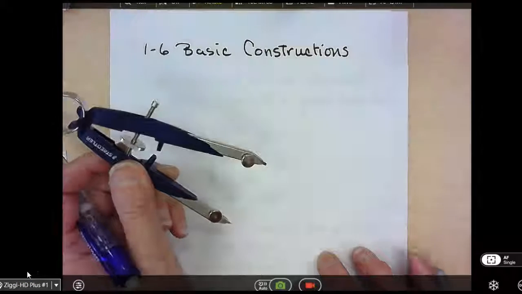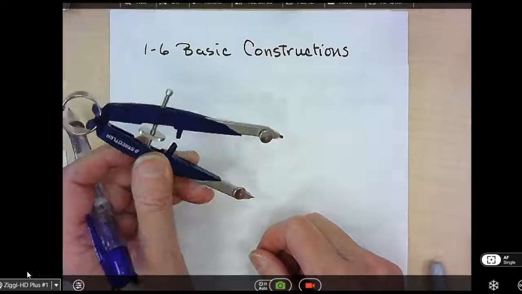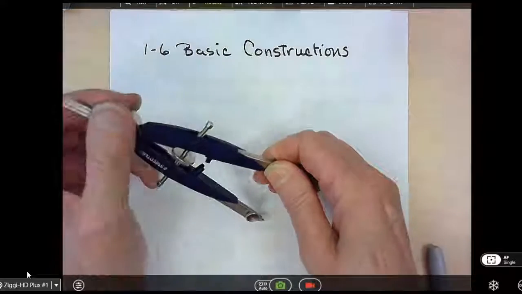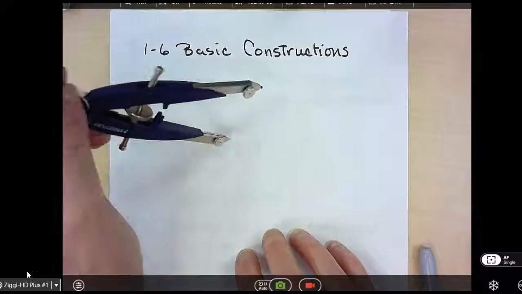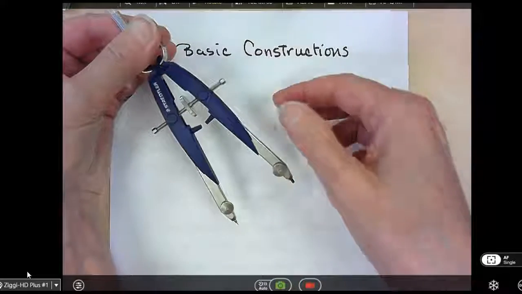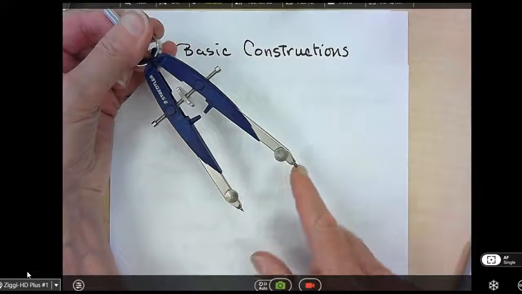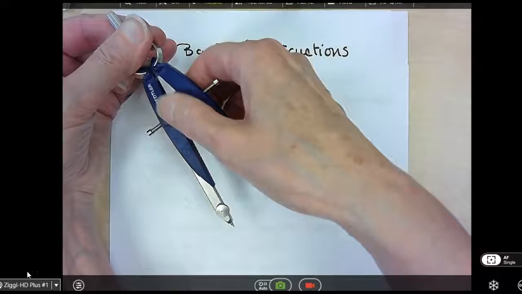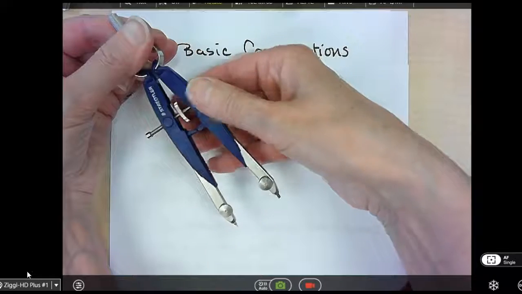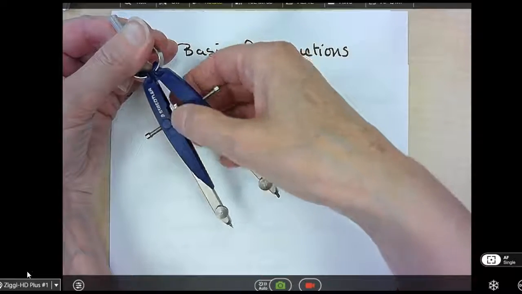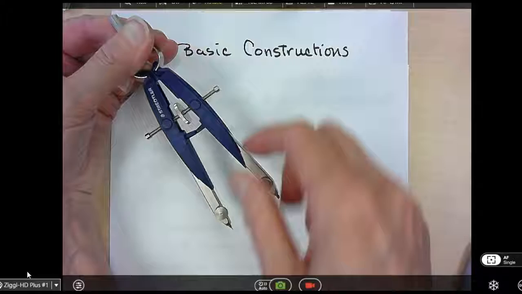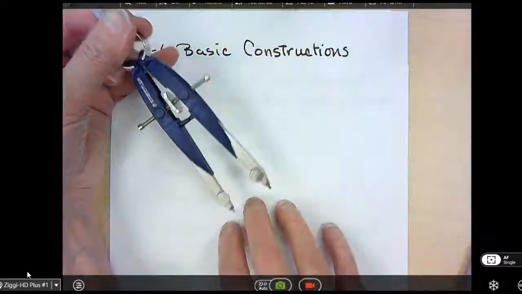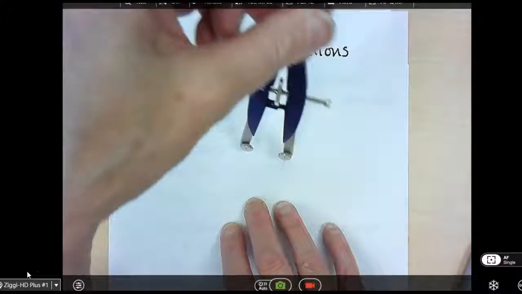Okay, today we're going to be doing basic constructions using your compass. With your compass, you want to be able to change the radius of a circle. So you want to screw in tighter or loosen it up. You don't want to yank on the two ends. You always want to use the dial. So if I bring it in, I can make a circle